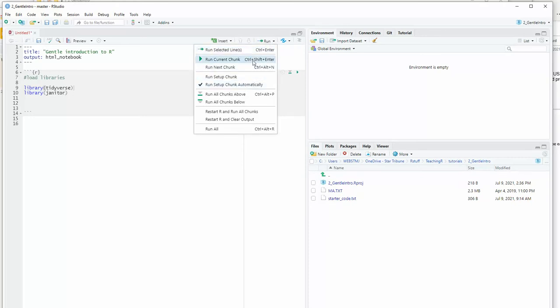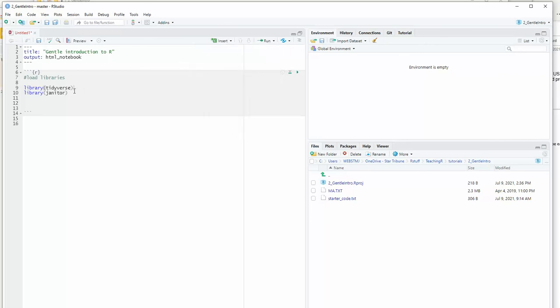Run the current chunk, run any lines that you have highlighted. And then there's things like run all chunks above or run all chunks below, which is useful when you get a big script going. So the other thing is keyboard shortcuts. If your cursor is in the code chunk,